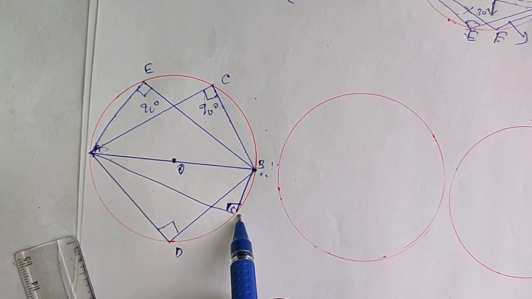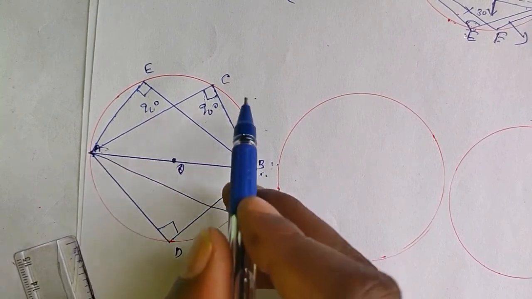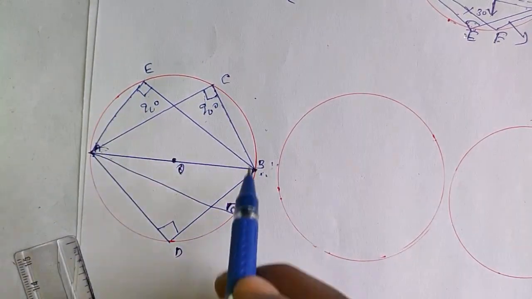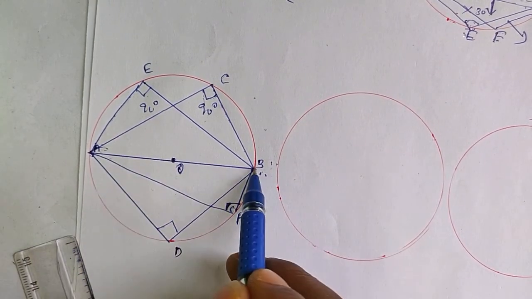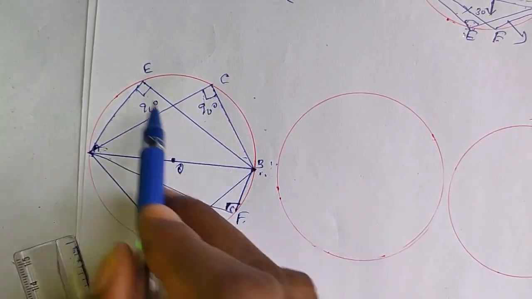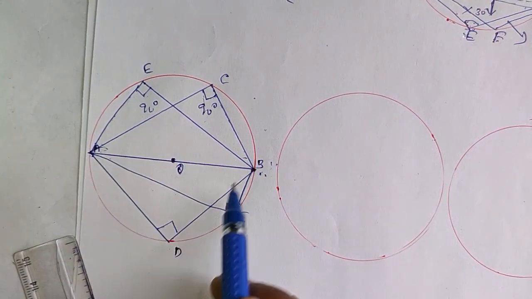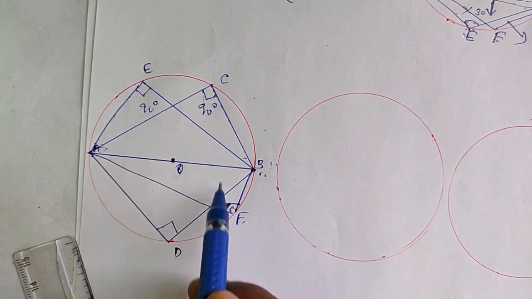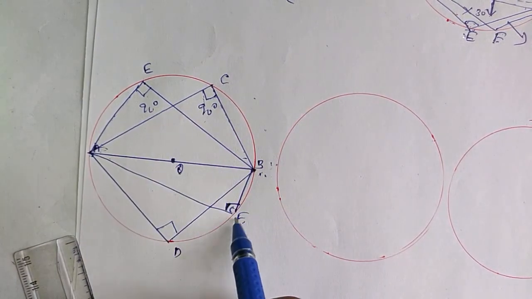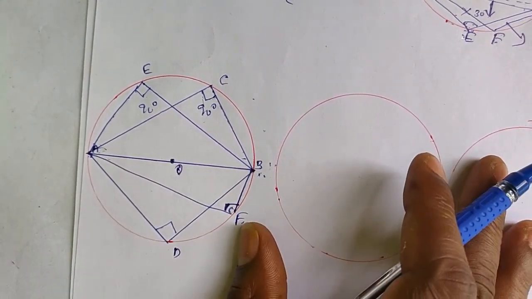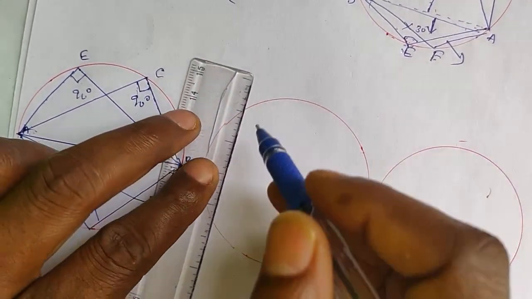So make sure that the given angles, F or D or C or E, all these four angles have the same base. F has AB diameter as its base, C has AB diameter base, E also, and D also. So all these four angles have AB as the diameter base. Therefore, all four angles are 90 degrees. We go to the next theorem.